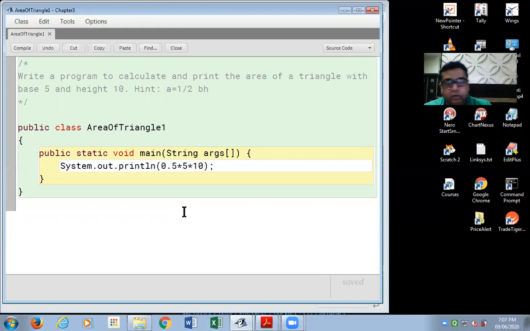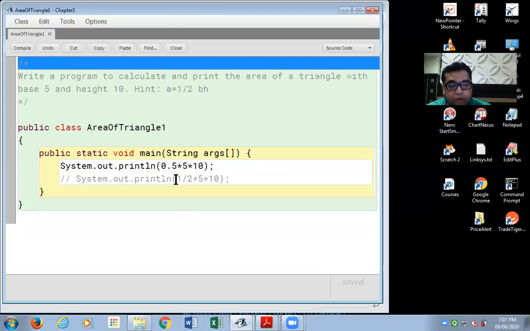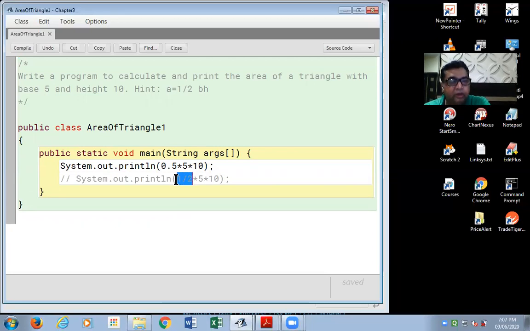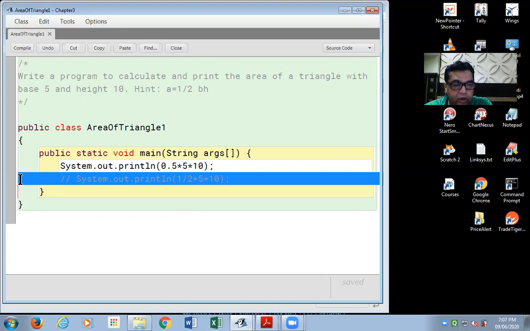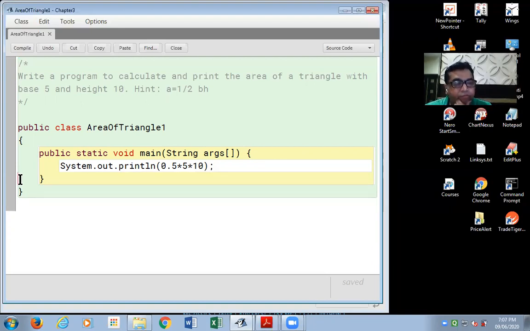We'll discuss it. It had the division statement 1 divided by 2, and there are some issues regarding that division which we'll speak about at the right time. At the moment, you just concentrate on this 0.5 into 5 into 10 formula that I've written. I've written half as 0.5.